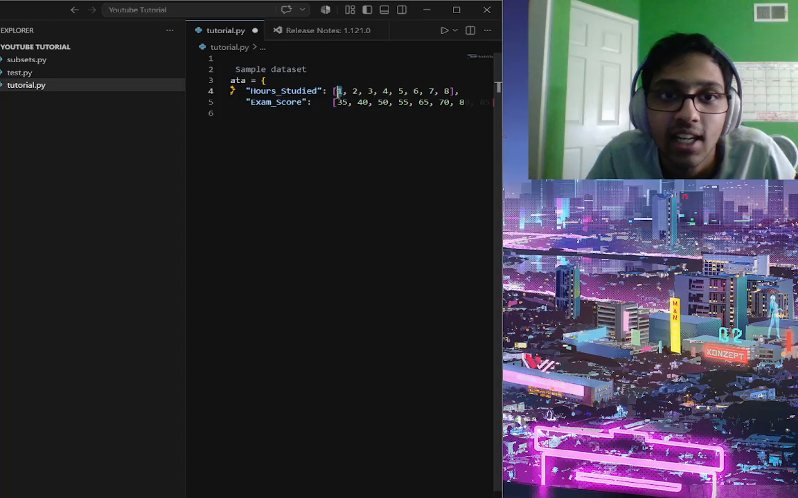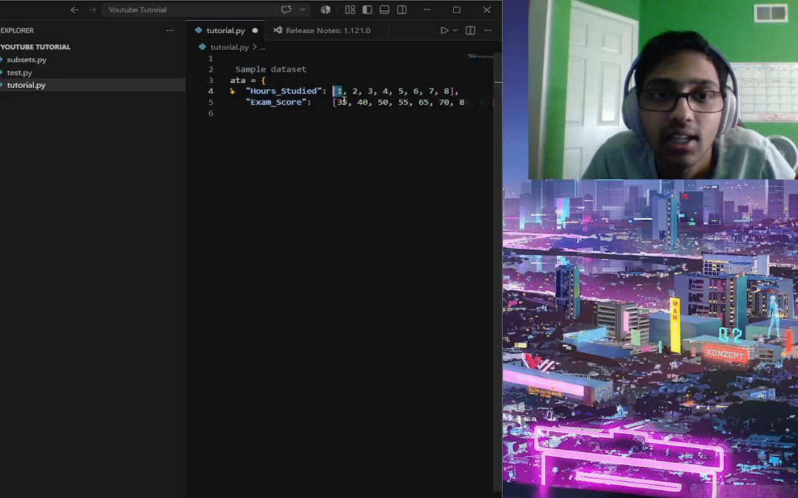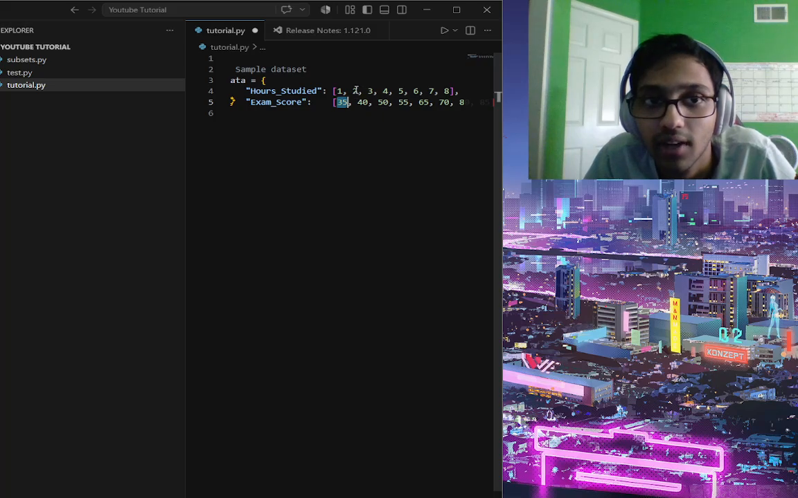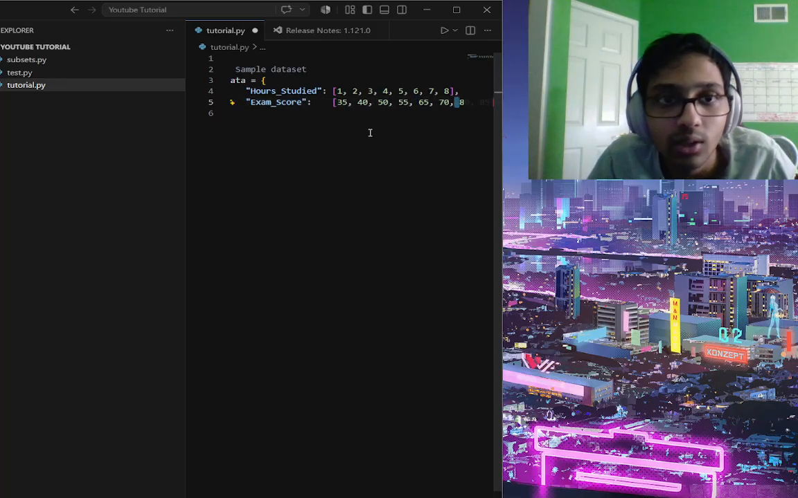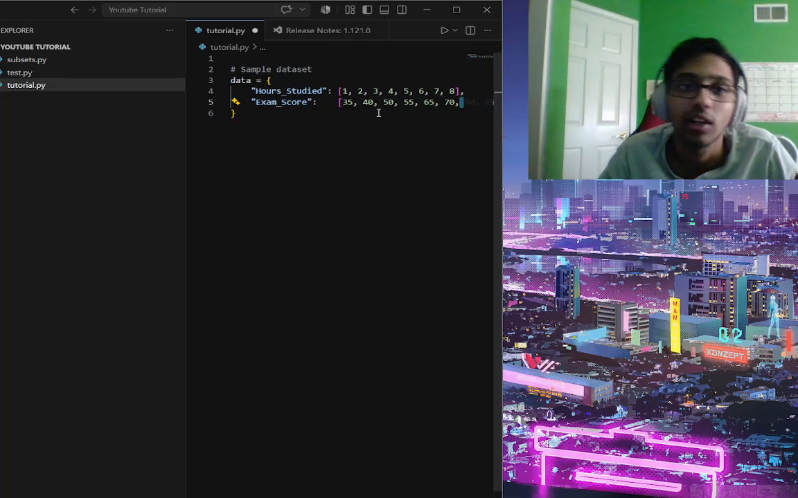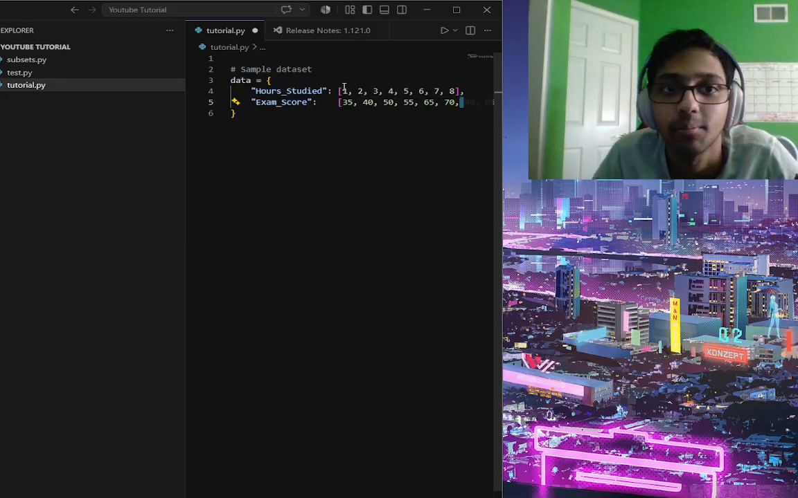So we could see different students. For example, this first student has studied for 1 hour and they resulted in an exam score of 35. We have another student here who studied for 2 hours and they got an exam score of 40, and so on and so forth. We could obviously add more or less data points to this